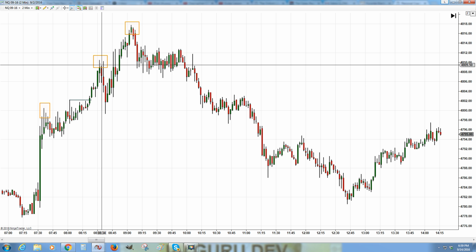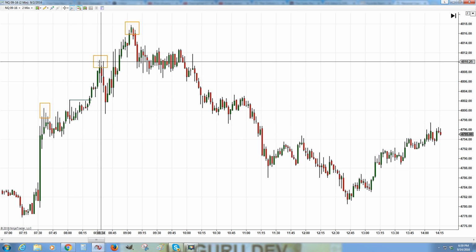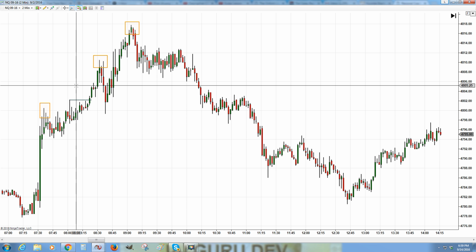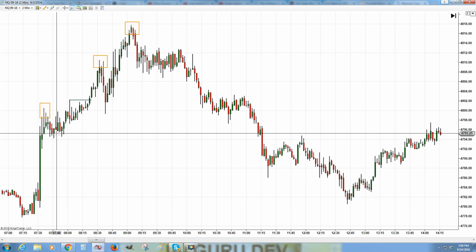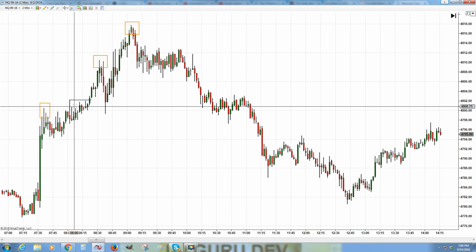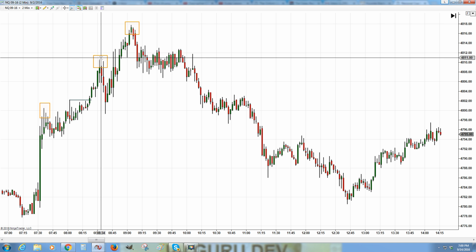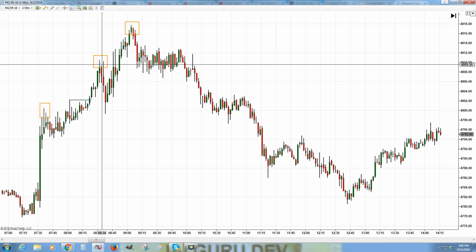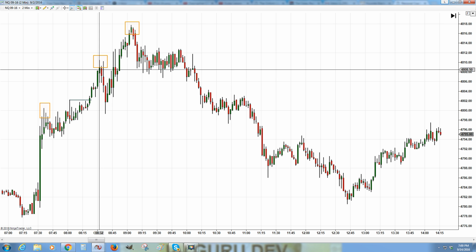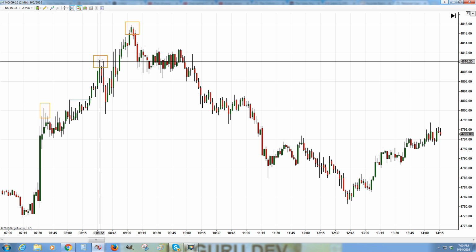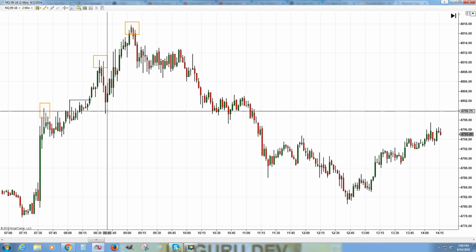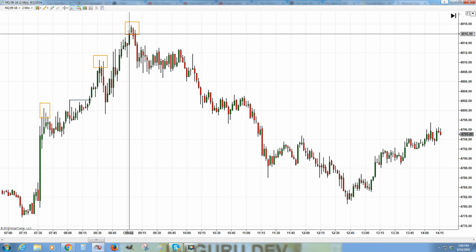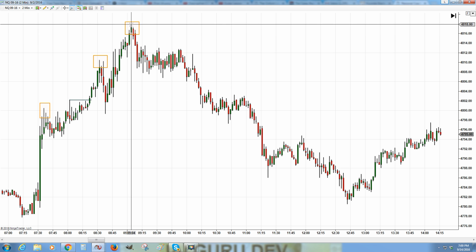So now we have a second wave, you can say. People talk about waves. Let's just keep it really simple. We have a high followed by some bars that don't make new highs. That high gets broken. The market had to bring in more energy, more money, more participation from traders. And eventually they peaked out here, had a little bigger pullback this time, made a new high, but then we